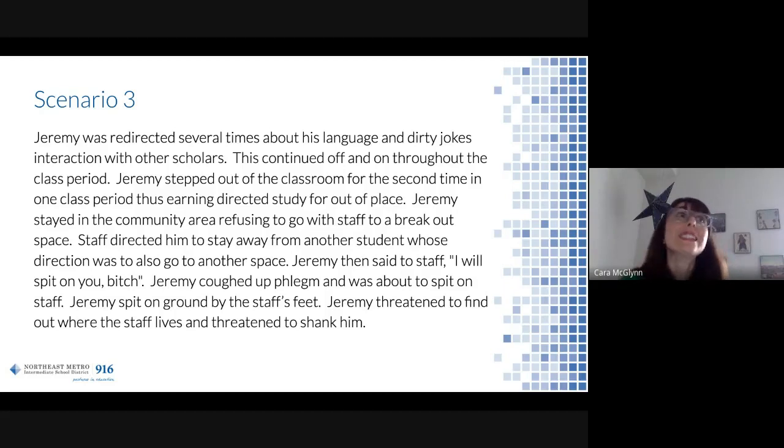And I would suspect if this was going on for a while, staff that are interacting with Jeremy might be losing their flat affect. They might be sounding annoyed. "Jeremy, I need you to go to that space, right?" So I would wonder if during the intervention, if staff were totally regulated and calm, it's possible that maybe they were using some of those threatening stance pieces. Maybe they're bigger than him, so there's that size differential. So all of those things likely came into play as Jeremy continued to escalate.